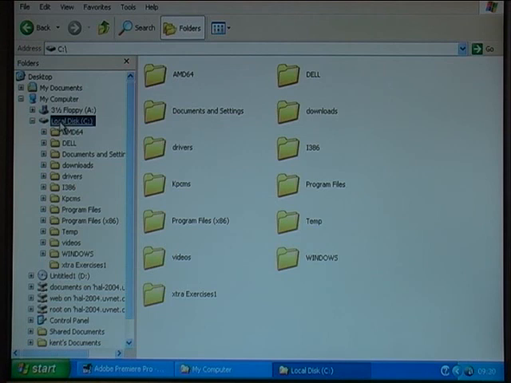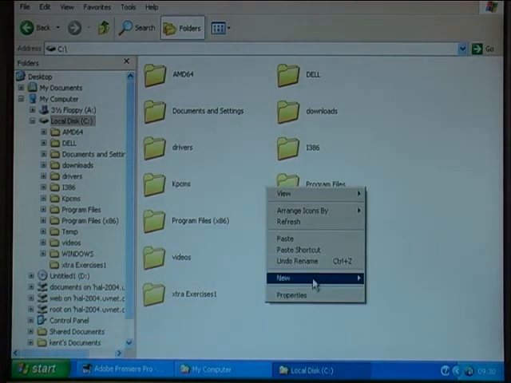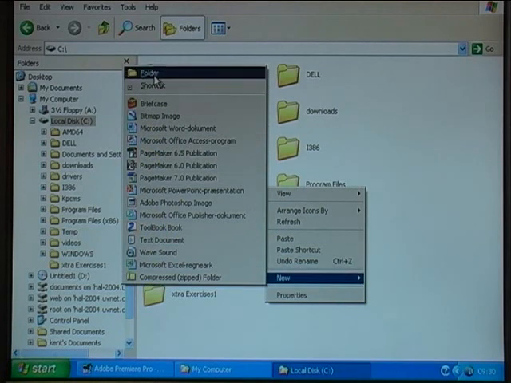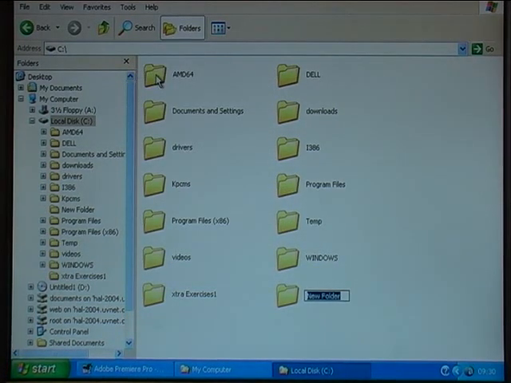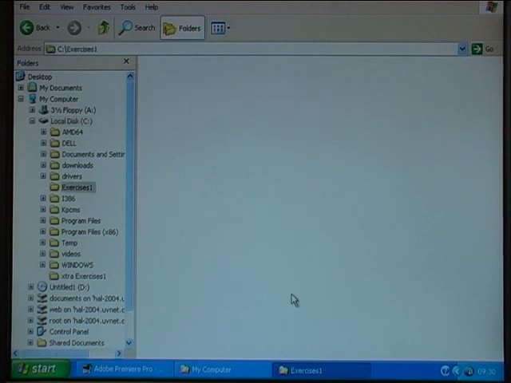And go to the local disk C, where I create a new folder. I call the new folder Exercises 1, and there it is. Should I want to use graphics in my exercises, then it is a good idea to